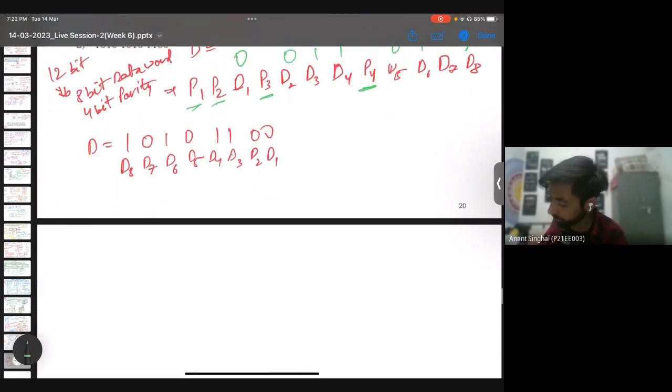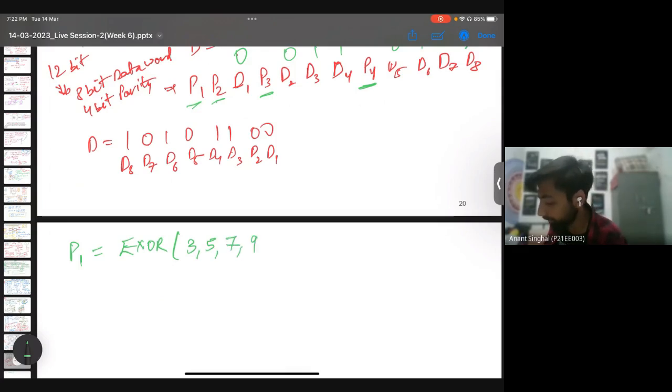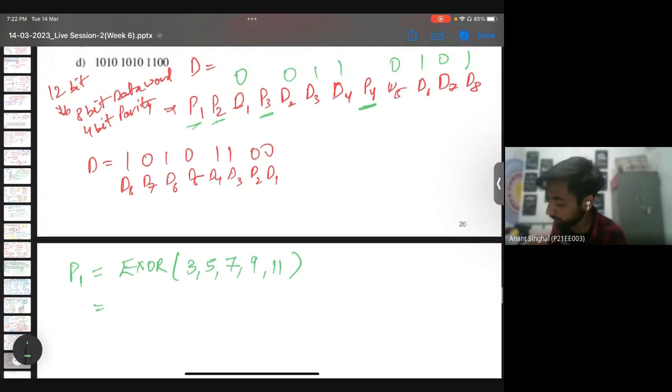For this, we have a certain relation. Parity 1 is 1 when an odd number of bits are 1. So we need to calculate the XOR of bits 3, 5, 7, 9, and 11. If we XOR the bits, 3 is 1, 1 XOR with 5 is 0, and then 7 is 0, and then 9 is